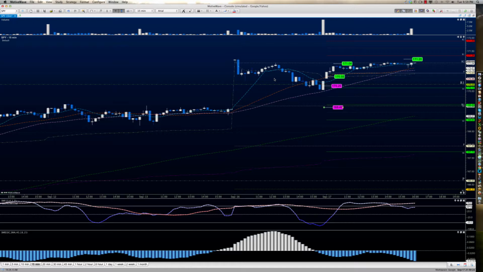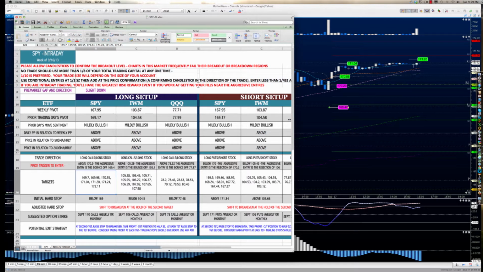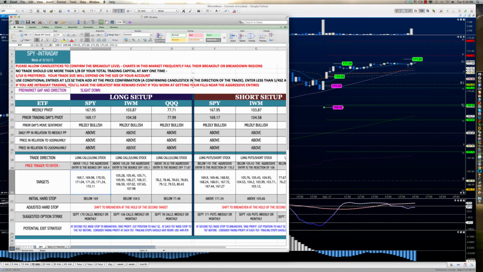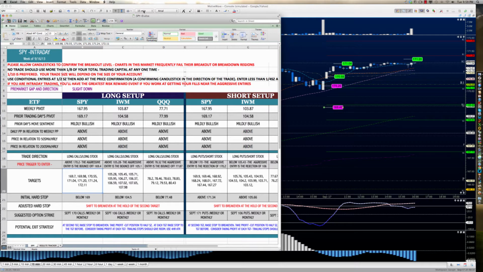Wanted to talk to you a little bit about how to use these spreadsheets that I give you each day in the blog to make money. This is the SPY intraday chart, so we're looking for an intraday trading event. Notice I'm using a 15-minute time frame, and what I've got is the trigger above 170.20 or the aggressive bounce